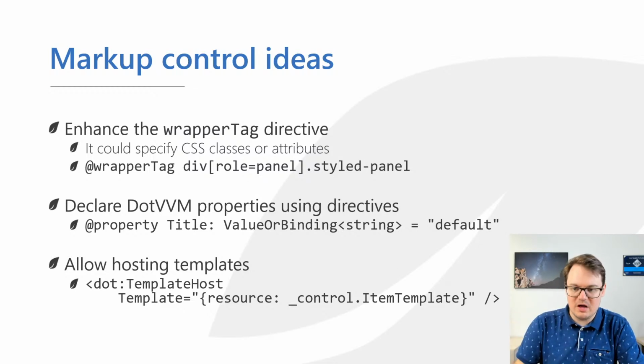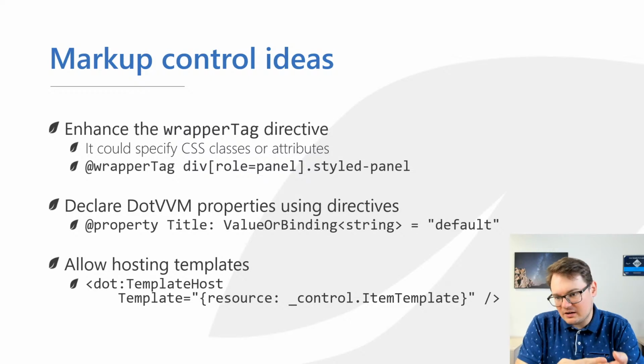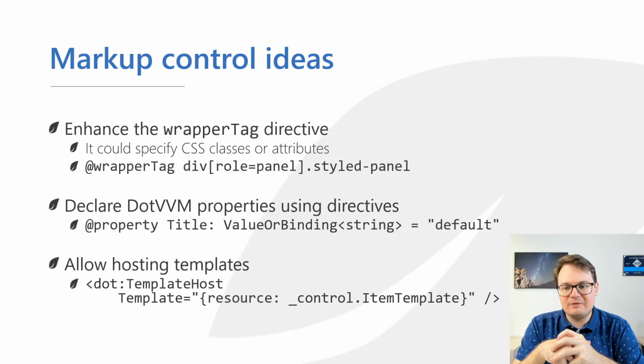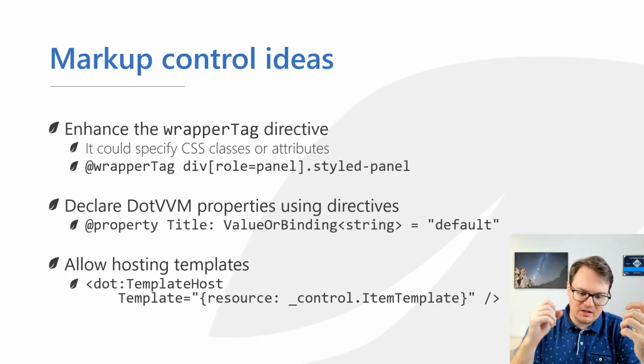Yeah, it has to be a binding. So based on this type, we would be able to distinguish if a binding is supported or not. And then you can specify a default value. Maybe there will be some option to also specify other things, like if this property is required, because it's also quite important for us. And other things like maybe because if it's the item template, it means that we will